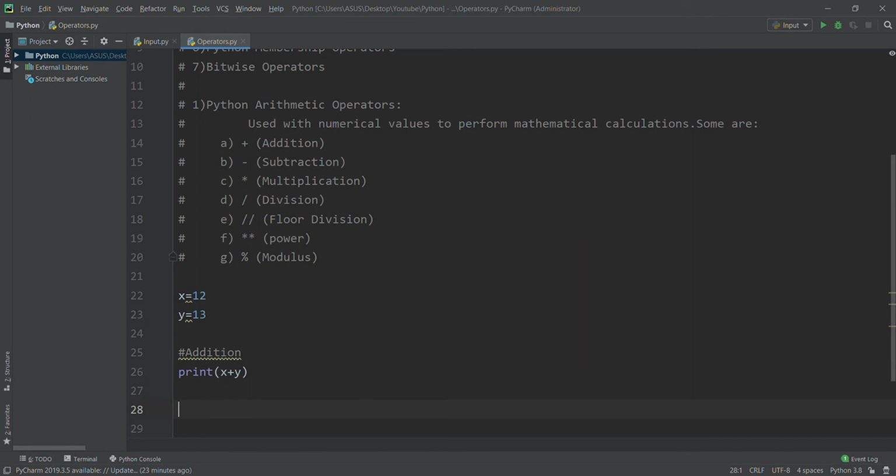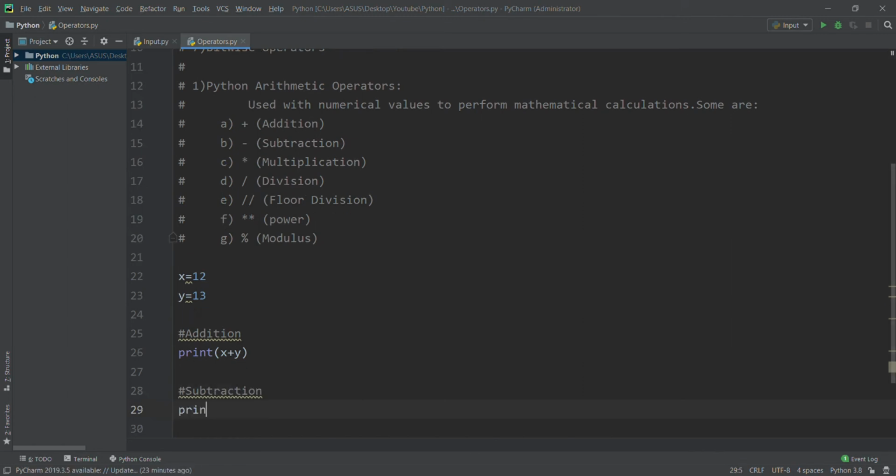Okay, then to perform subtraction, I am going to print subtraction as, then x minus y.